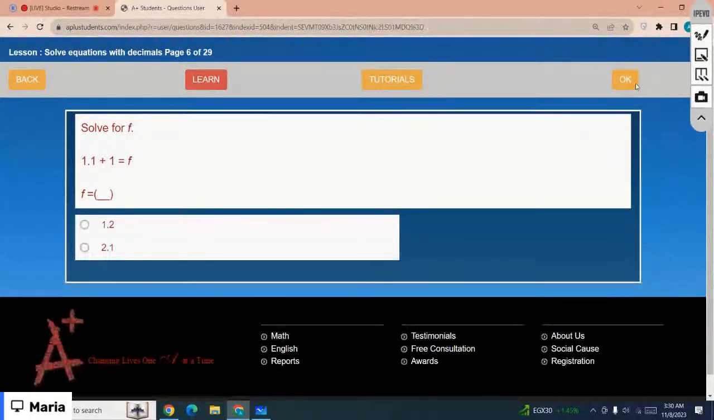1.1 plus 1 equals F. So which is the correct option? It is 2.1. Next, 7 plus 0.2 equals B. Which is the correct option? The correct option is